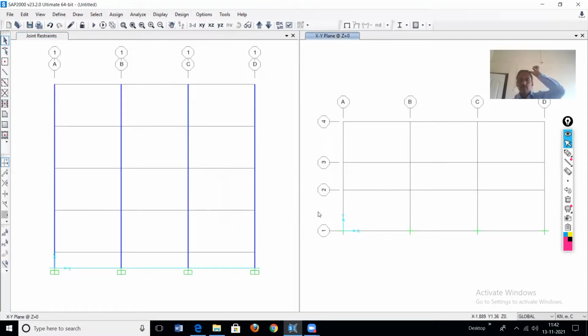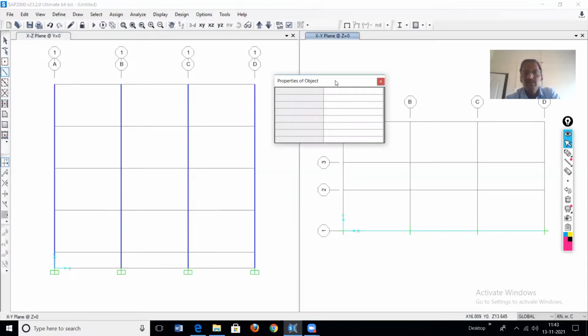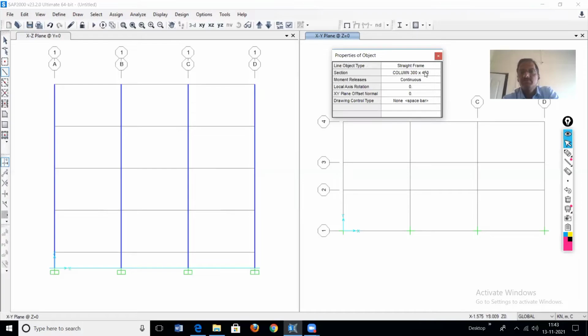Right, okay. Now we'll define the beams right now. Immediately we'll define the beams to this particular frame. We'll complete the assignment of the column and beam to this frame. Now for the assignment of the beam, same command. Okay, same command is there. Now first of all, these many different beams we have defined first of all.